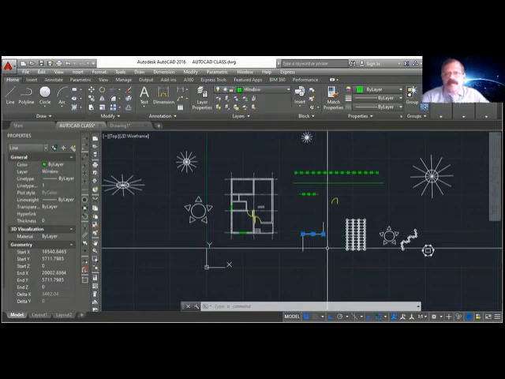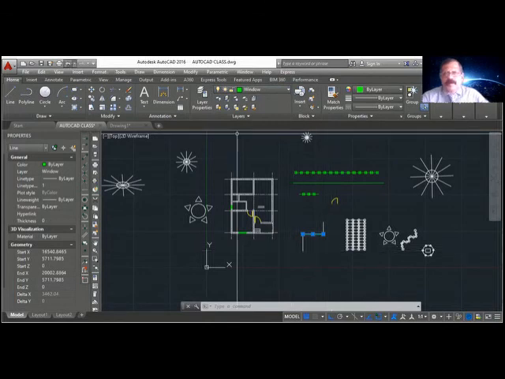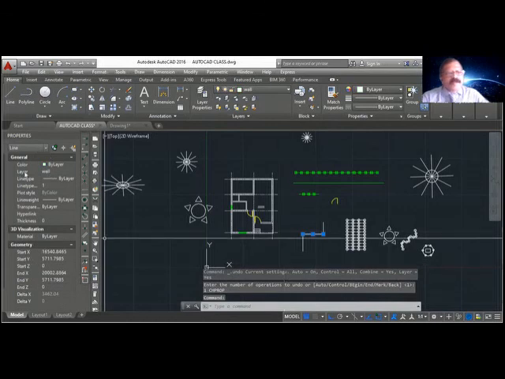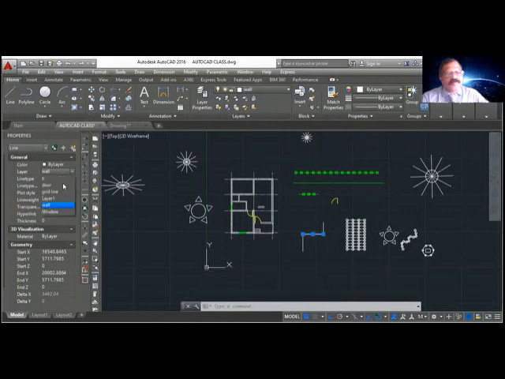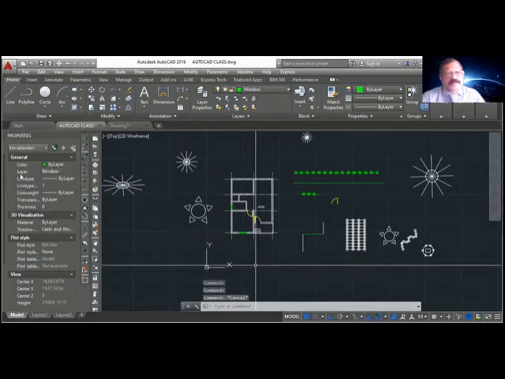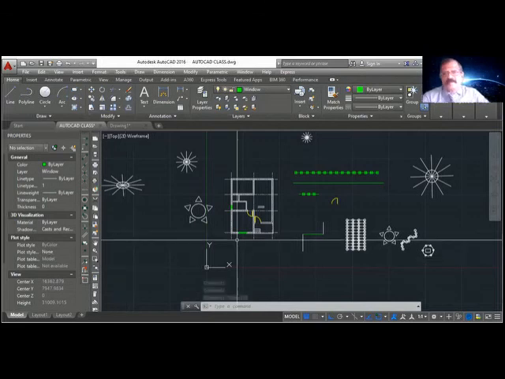But there is another method. Select this object. You can select from here and change the layer. Click that layer and you can change to any layer. Suppose you want to change to the window layer, grid layer, door layer, anything you can do. So properties is more powerful. You can do so many things with a single object.